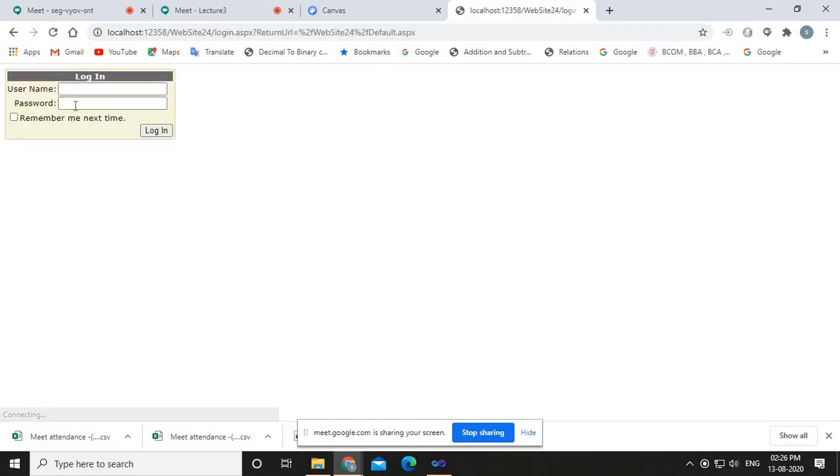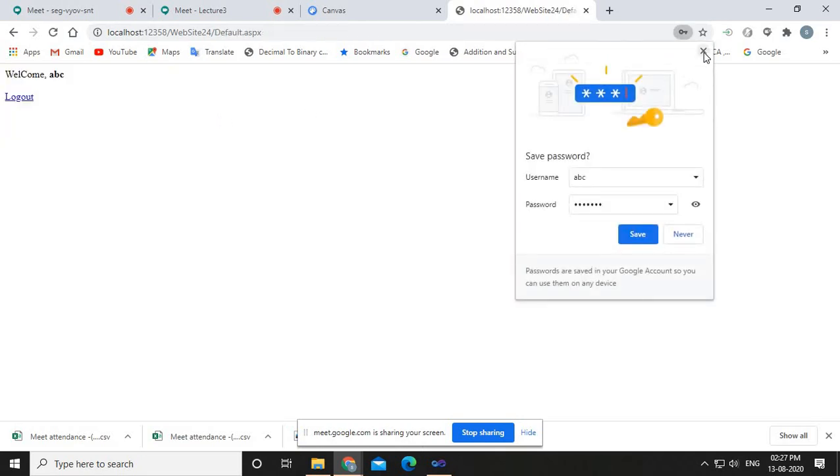Again, you can click on the login button, right? If you want to save your password in the cookies, you can put a tick mark here, remember me next time. So this login control will automatically set the cookies on your machine, and afterwards whenever the user is entering a username, the password will be automatically fetched from the cookies, and the user does not have to enter the password again and again, right?